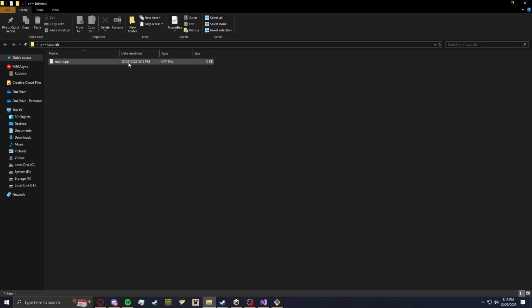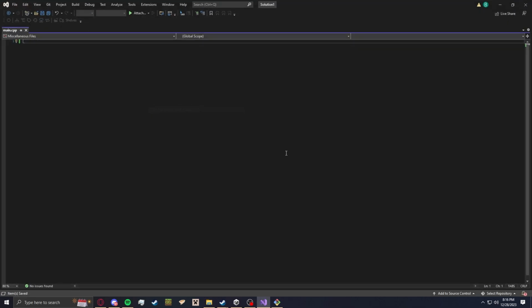Basically what that is, it's just a warning that if you are trying to convert something, for example, to a PNG, it's not going to work. But a CPP is fine because there's no data in here at all. So what we're going to do now is open this with Visual Studio,